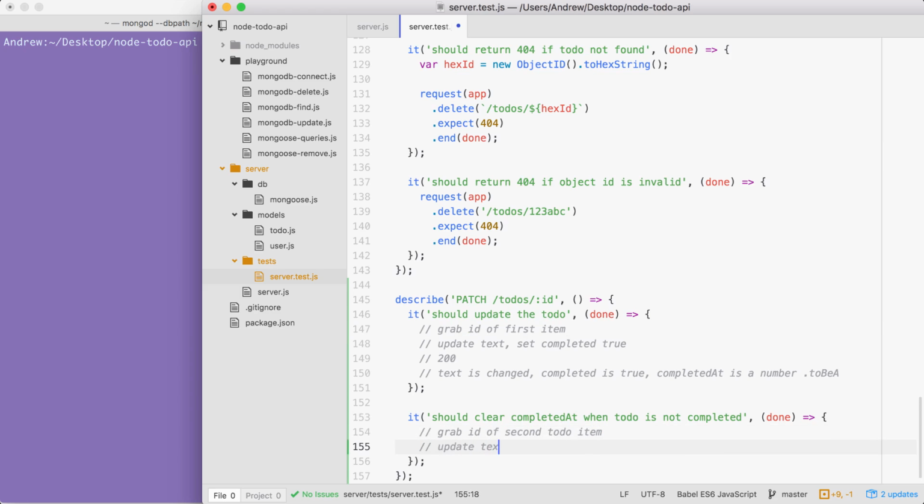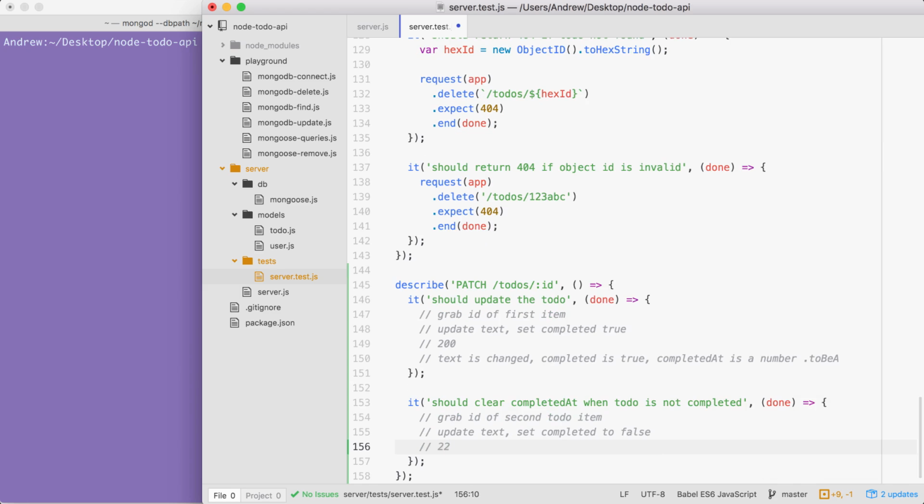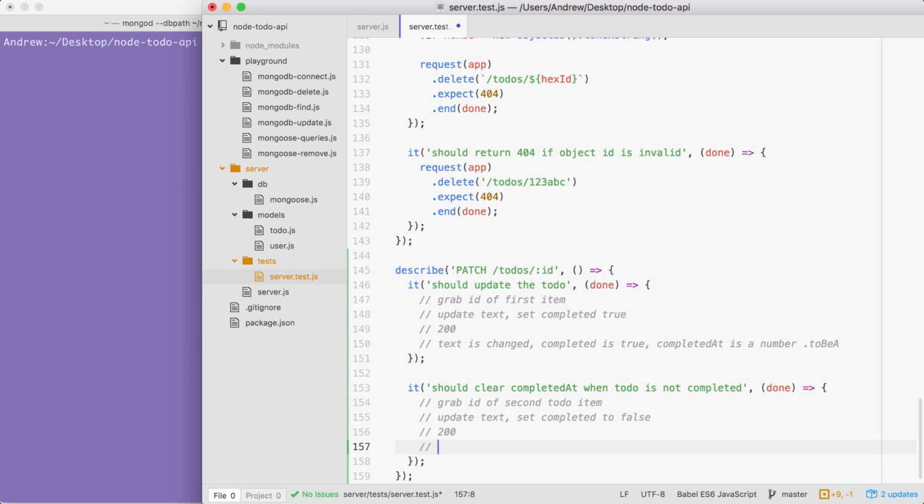You're going to update the text to something different, and you're going to set completed to false. Then you can make your assertions. Once again, we will be expecting a 200 for this one, and we will be expecting that the response body now represents those changes. Text is changed to whatever you happen to pick. I also want you to check that completed is now false, and to check that completed at